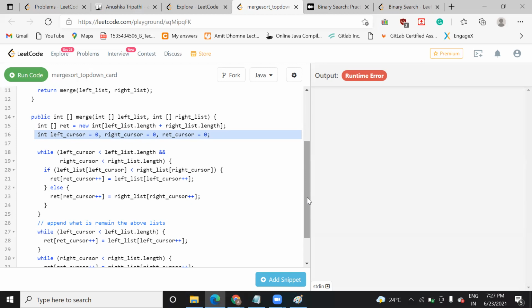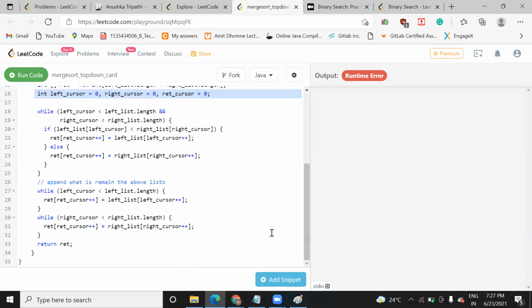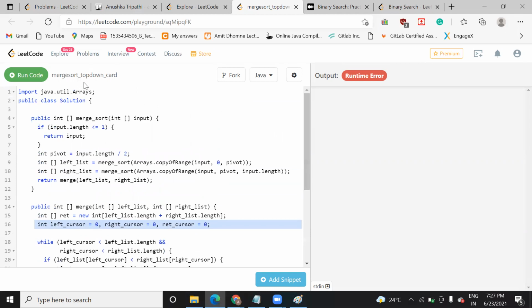So in this way we initialize the data. This is giving some error on this platform. I don't know, there might be some error on this, but you can try it, because there are no such problems on LeetCode based on divide and conquer. A problem is there, but that is too complex. You won't understand that, so that's why I picked the easiest one.